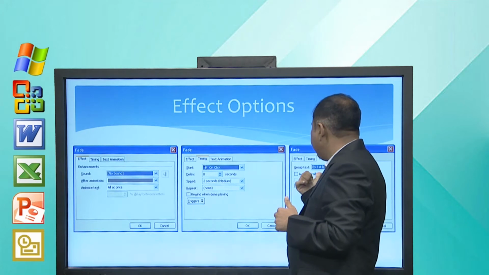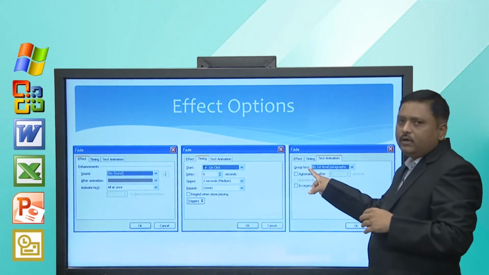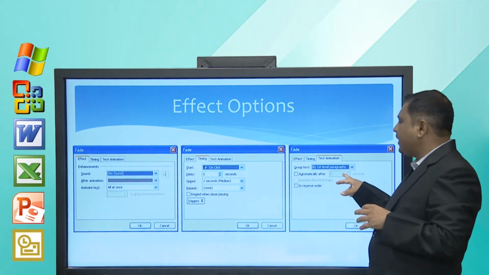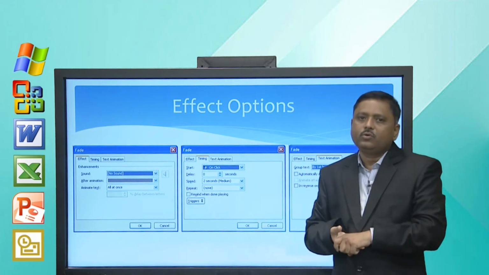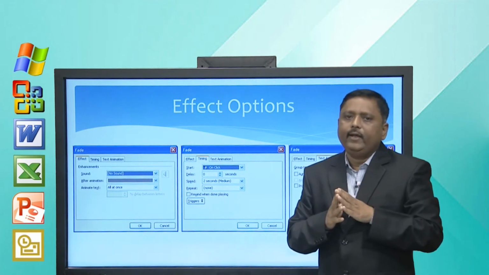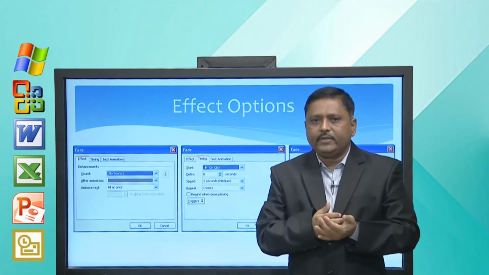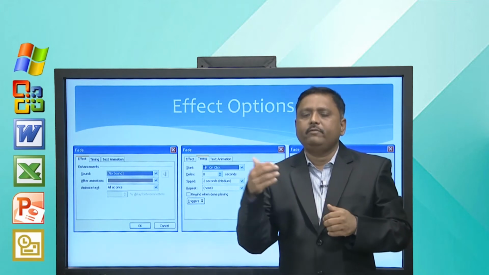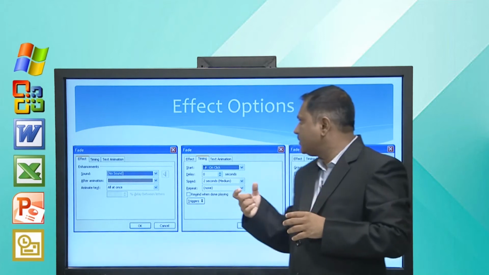And lastly, text animation. Here you can group text by first level paragraph, or you can have different options also. So, you can not only apply the animation, but you can also control how the animation will play using animation effects.